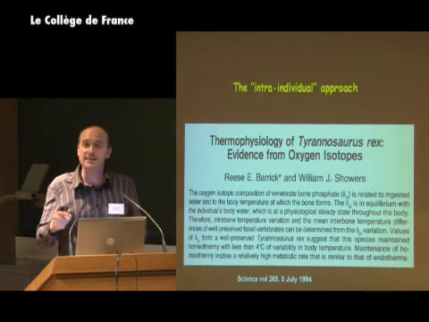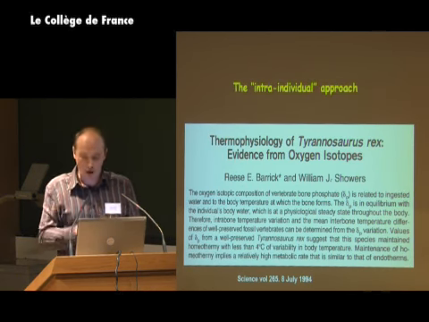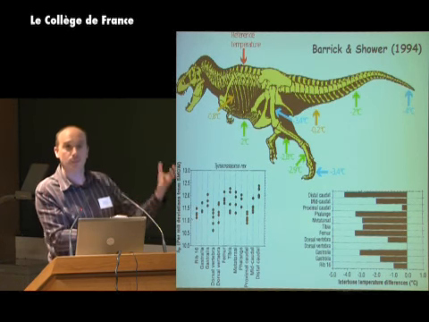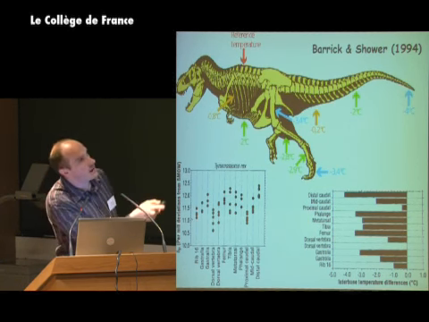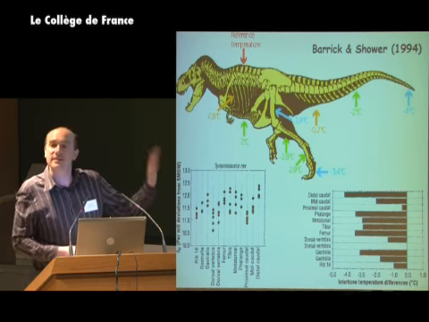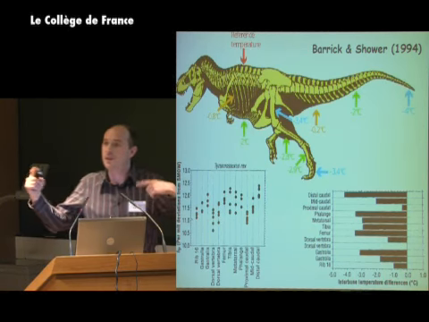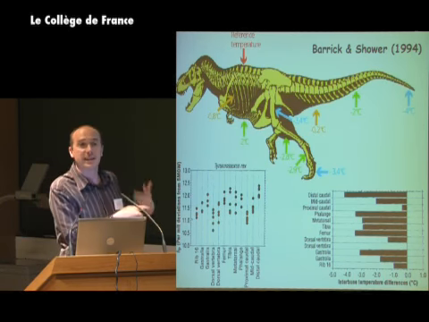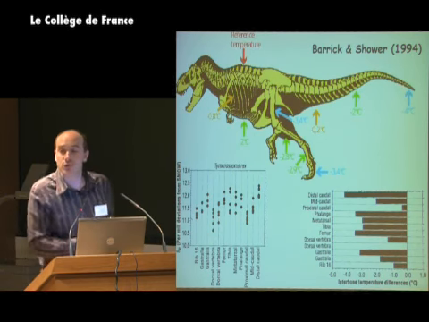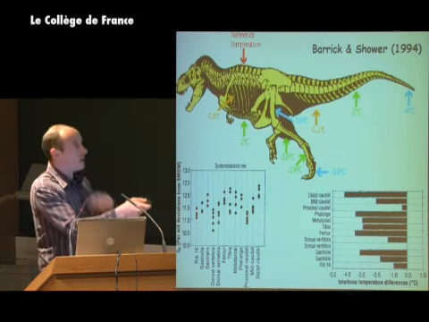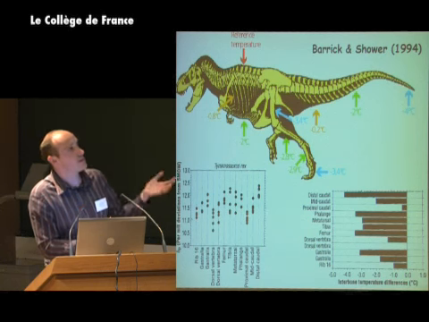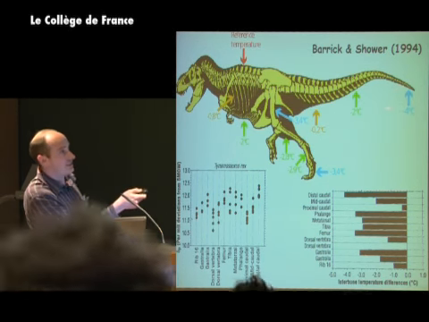So by analyzing oxygen isotope composition of bones from close to the main core where there is most heat, and from the distal part, if Tyrannosaurus rex was homeothermic, there would be very little temperature variation. And if it was poikilothermic, there should be huge temperature variation. And what he found is some temperature variation, but that did not exceed 4 degrees compared from